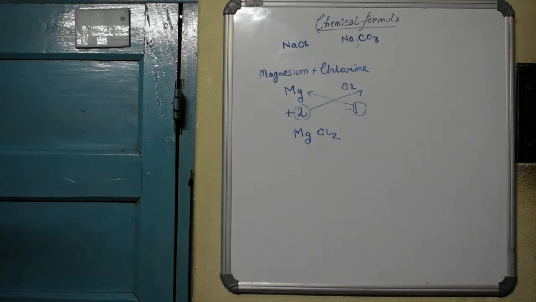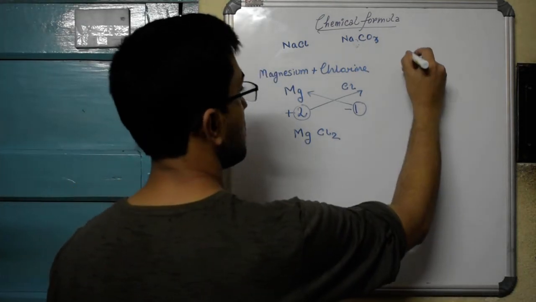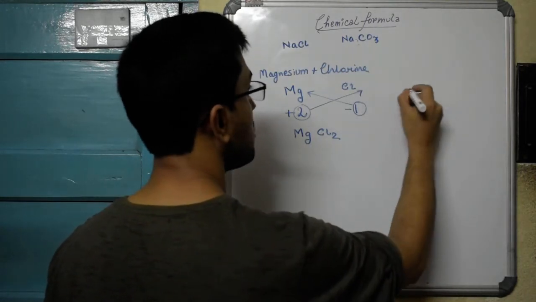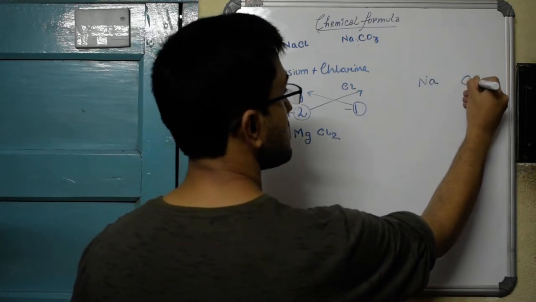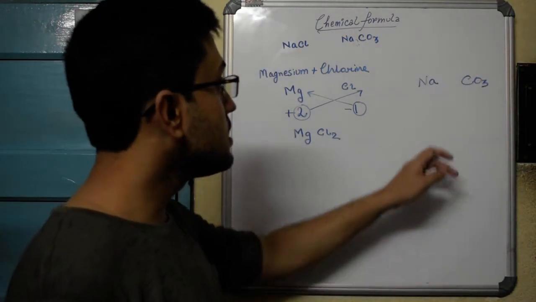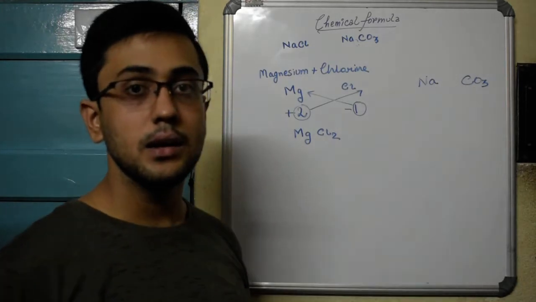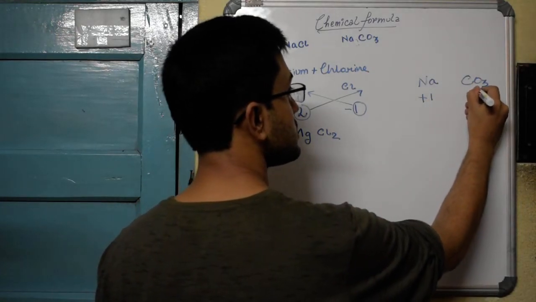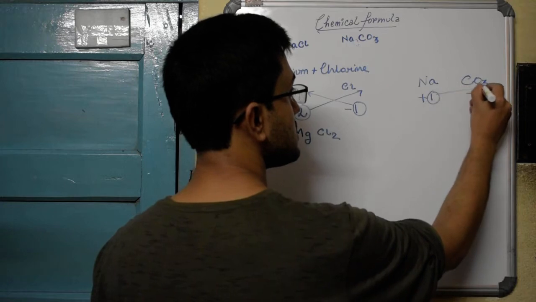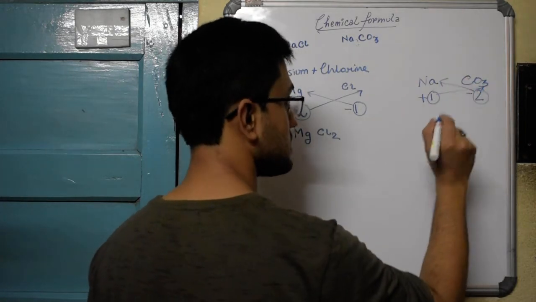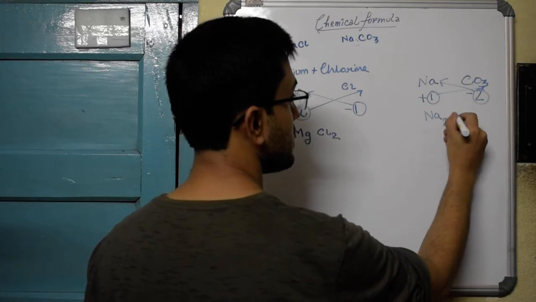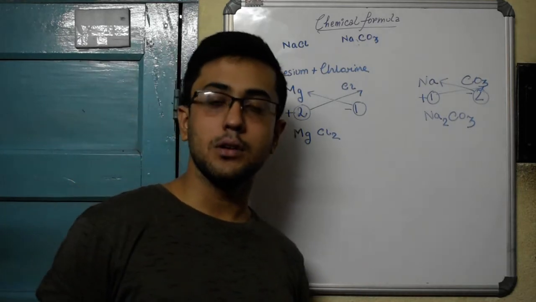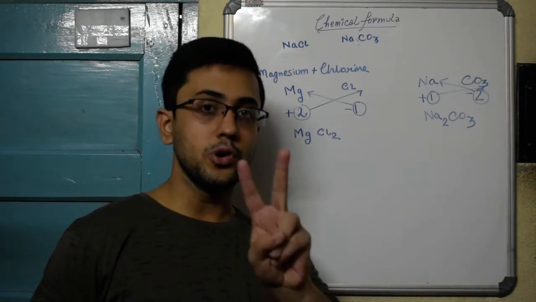Next, let us consider another example, sodium carbonate, as I said here. First I will write down the symbols of the 2 ions. This is the sodium cation and this is the carbonate anion. Next I will write down the charges. Sodium has a charge of +1, carbonate has a charge of -2. Now I will interchange only the charges, not the signs, and we see it becomes Na2CO3. So you see, it is not very difficult to form chemical formulas. You can do it yourself, but you need to know 2 things properly.